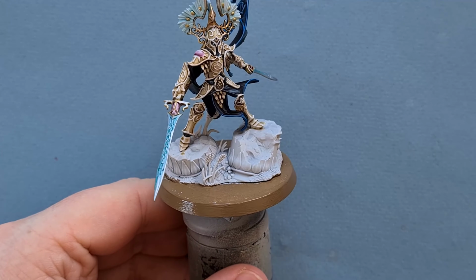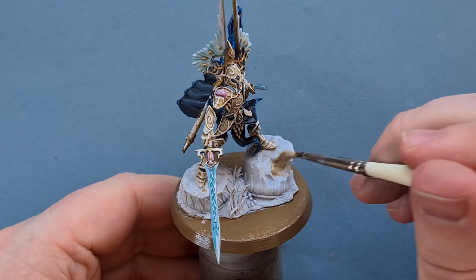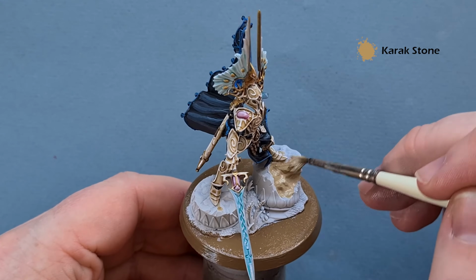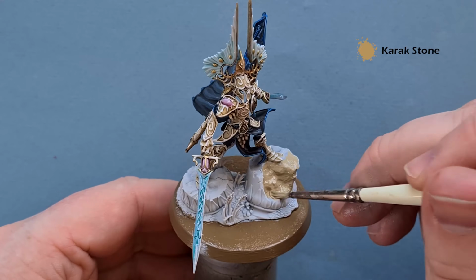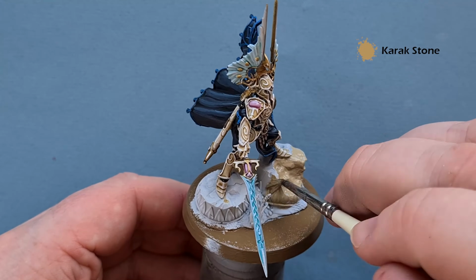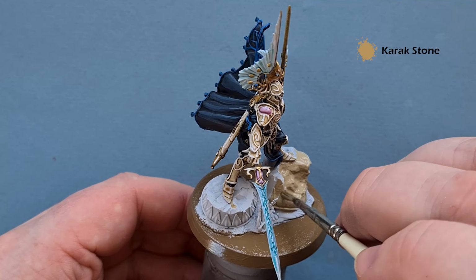Next up, I'm going to paint any stonework. So for this, I'm using Karak Stone, and again, I'm using an old brush. Being careful when I get close to the model on the base there, and just popping this on. I'm not being overly careful